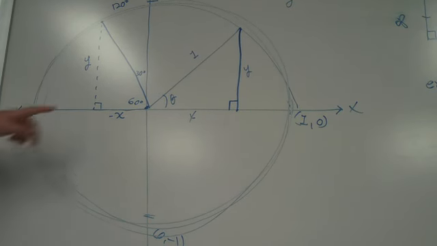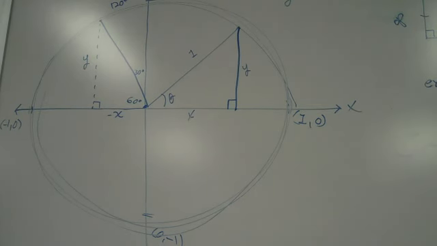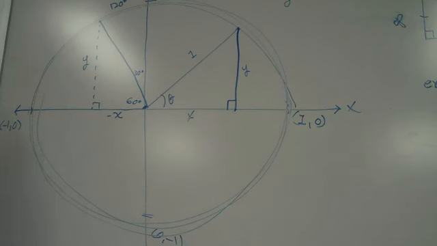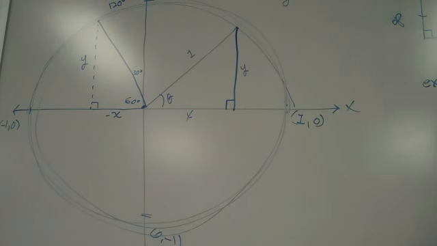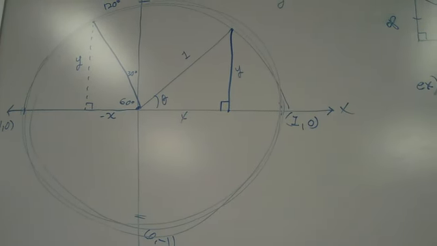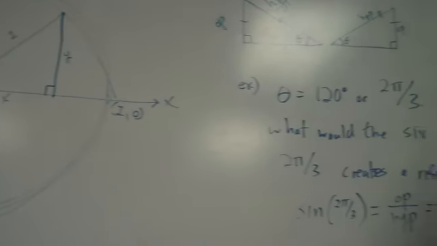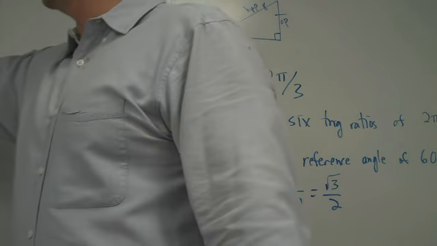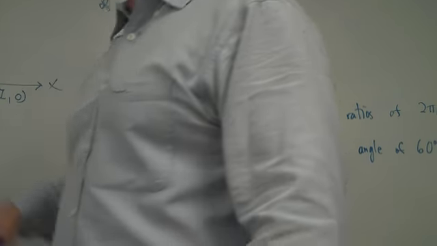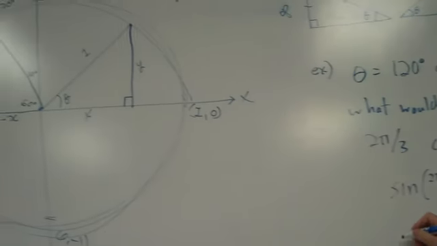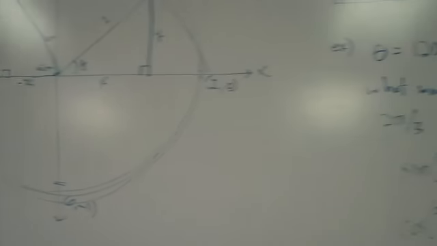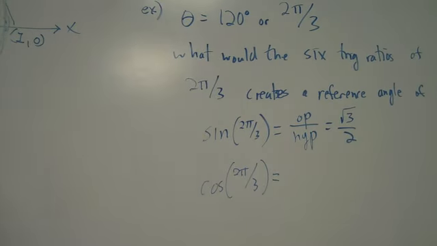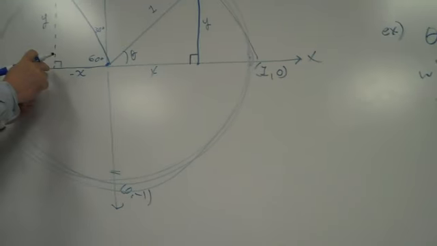Now, what would the sine of 60 degrees be? Up here next to pi over 3. What is it? Square root of 3 over 2. So that's the square root of 3 over 2. So the sine of 120 degrees is the same as the sine of 60 degrees. Now the cosine of 2 pi over 3, this is what I was just thinking of. In this case, because the adjacent side is along the x-axis and going to the